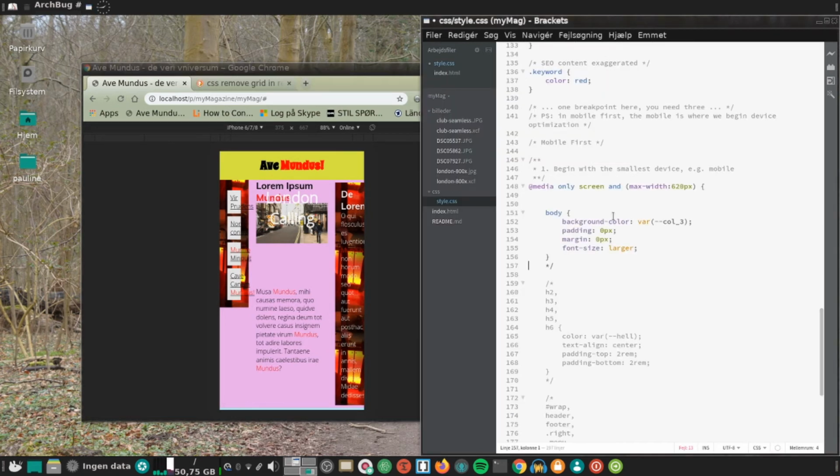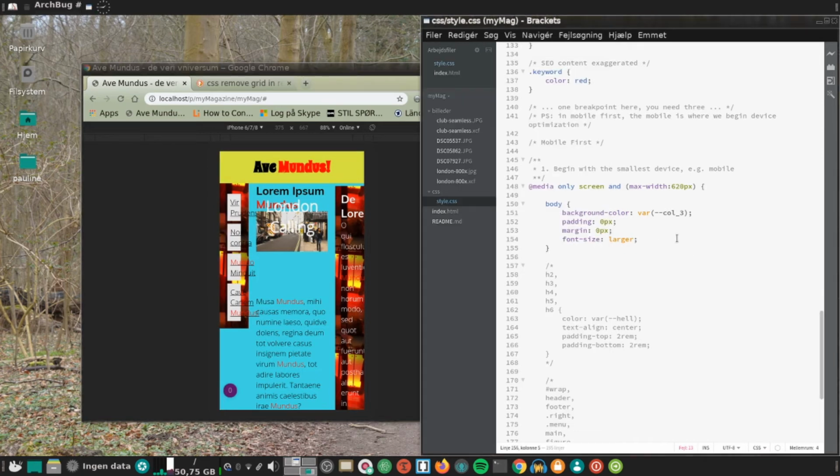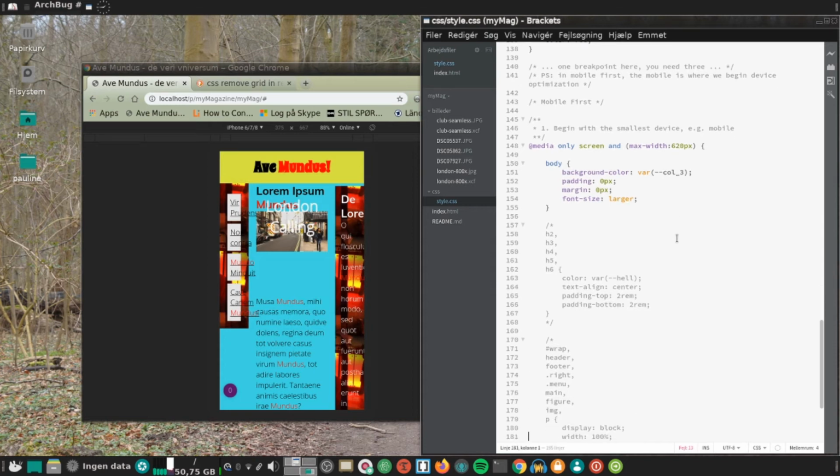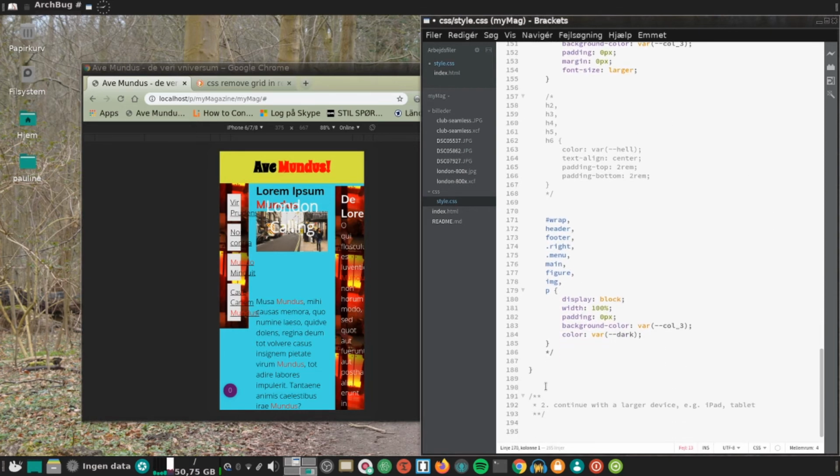I actually prepared a little bit of code here. In a media query, you can see it media only screen and max width 620 pixels. So that would be many sorts of mobile devices here. And when you begin to manipulate with the code here, you can actually set a lot of things in a fast way. Here you see that I have made one statement where the main design parts, the wrap, the header,